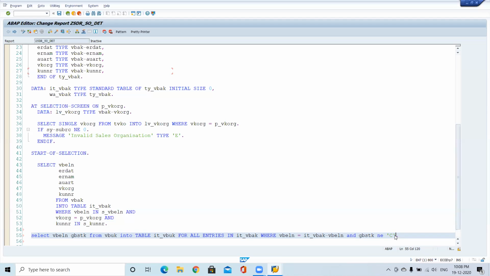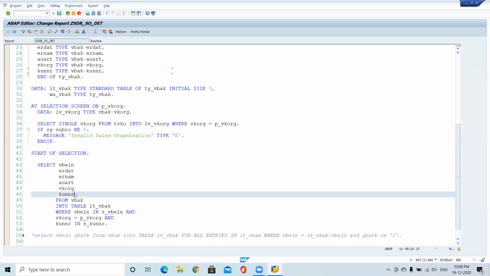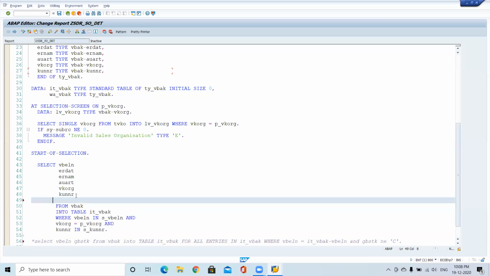So how to avoid this? At a time I want to filter based on the selection criteria the user has entered, and at the same time I want to see only open or closed. In that case, we have one more option called inner join. At a time, you can check which satisfies this selection criteria and which satisfies this open or closed. So now I'm clubbing these two select queries. The last field I'm adding here is